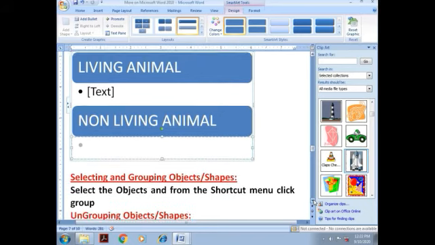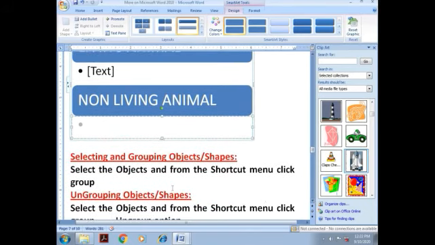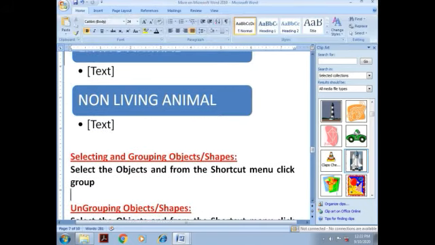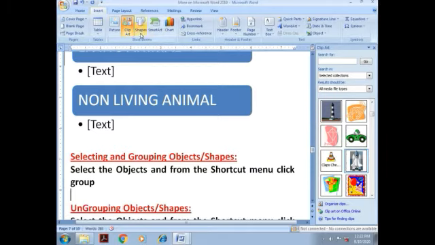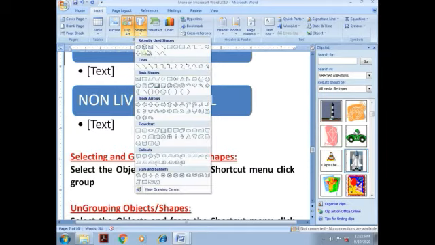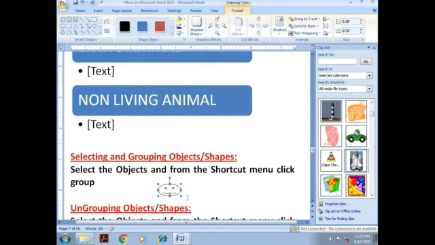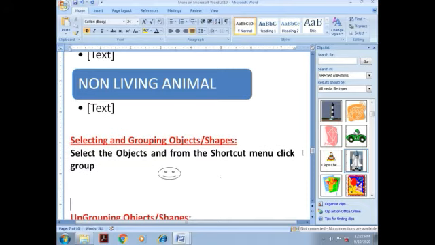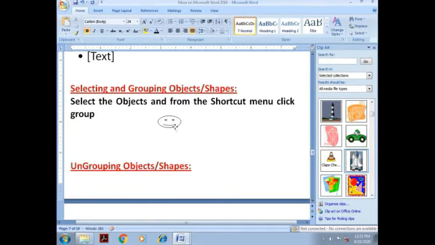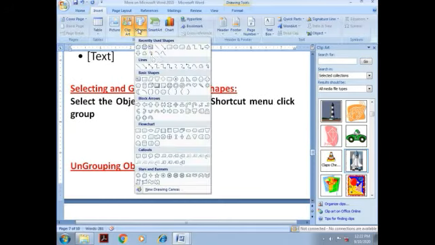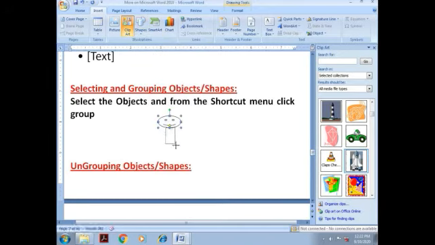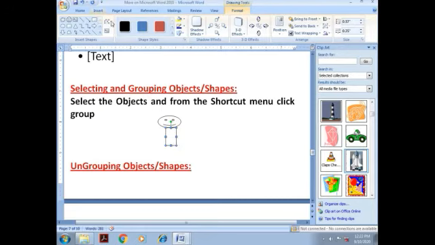If we want to make a single picture by using many different shapes, first of all, we have to create a picture by using different shapes, and we can group them. By grouping, it will be like a single picture, and whatever color you apply, it will be applied to both the selected parts.